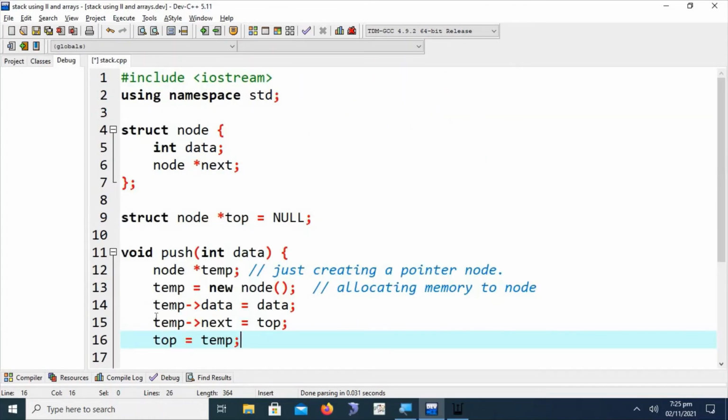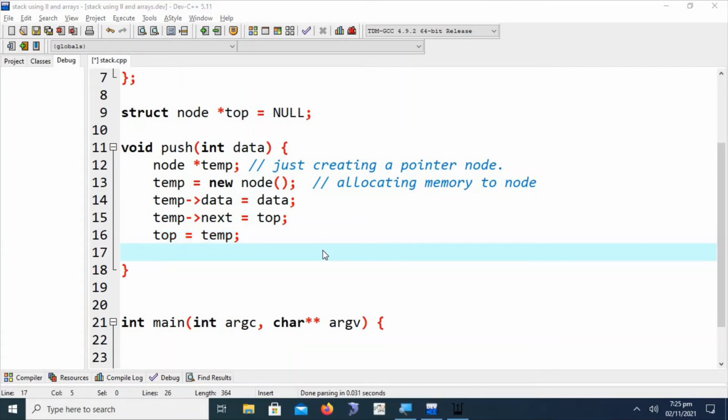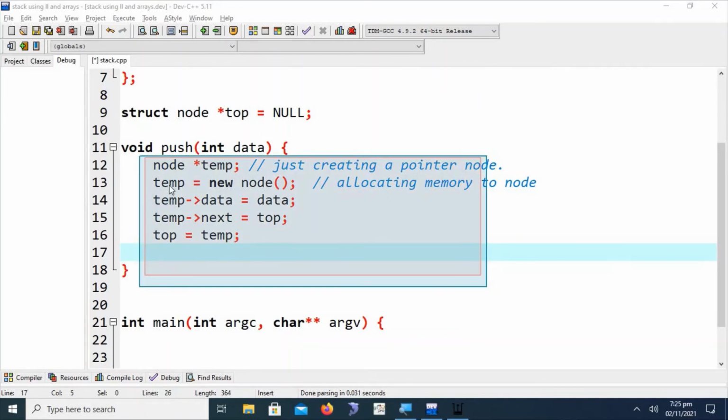These lines require a little bit of explanation with the help of a visual aid. They implement the node structure of the push operation using the linked list. First of all, a node pointer is created, then memory is allocated using the node object, then the data part is loaded with the data provided in the push function as a parameter, and the next part will store the top.